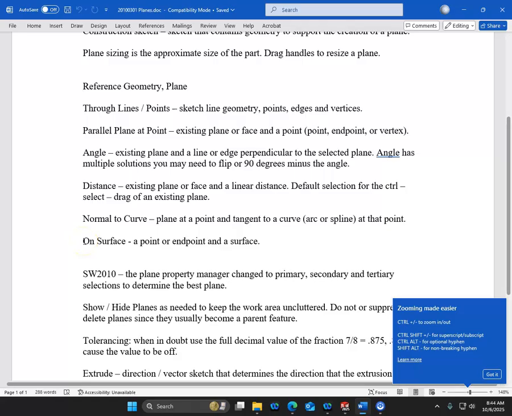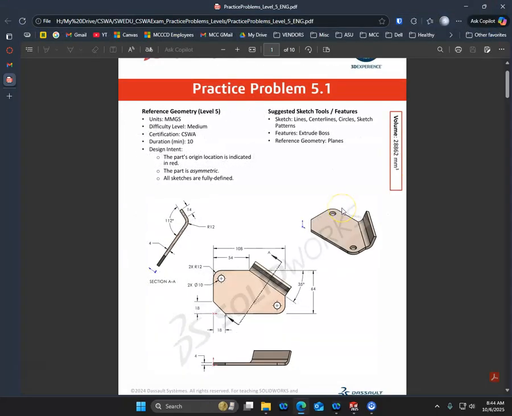So cylinders that we need to index or clock some geometry to, maybe a hole wizard on the exterior of a cylinder. We'll be looking at that surface and some type of sketch to define the geometry. All right, so